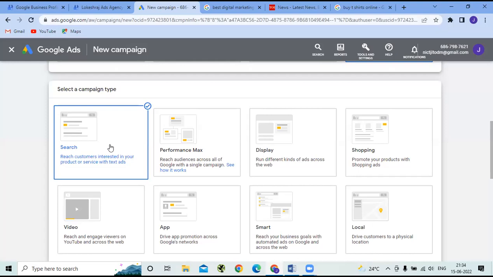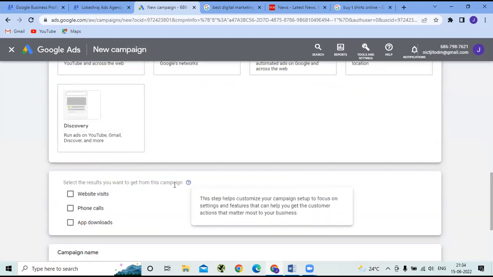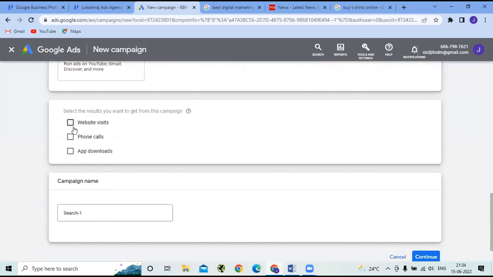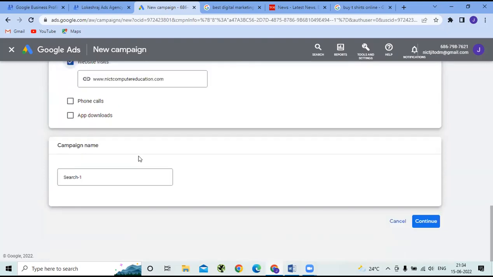आगे हम देख लेंगे सर। ठीक है, सर्च पे क्लिक कर लिया। हाँ, सर्च पे क्लिक करने के बाद यहाँ पे भी आपको पूछ रहा है, आपके वेबसाइट विजिट को ज्यादा बढ़ाने के लिए आपको अपना लिंक देना चाहिए। यहाँ जो कुछ भी आप डिटेल्स देंगे, ये पर्टिकुलर इंफॉर्मेशन आपके एड्स में हाईलाइट हो जाएगा। ठीक है, उसके बाद यहाँ पे कैंपेन नेम में आप चाहें तो कोई भी नाम दे सकते हैं।